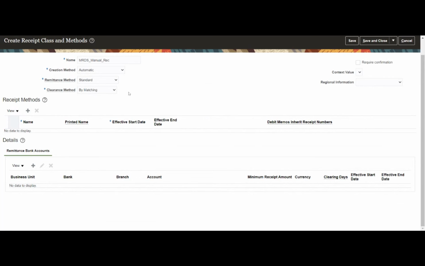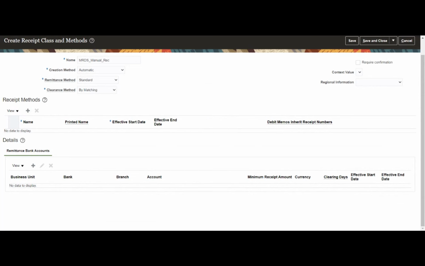Then we have the clearance method. Clearance method is what we use after receiving the payment: we will receive a bank statement, and in this bank statement we will have the UTR. UTR is the unique transaction reference number. With this, we will match with the transaction that we created in AR.